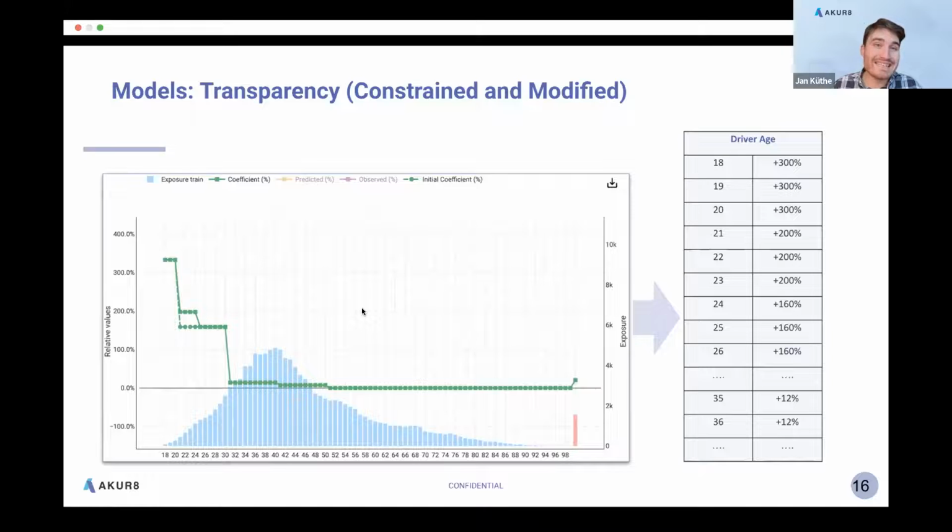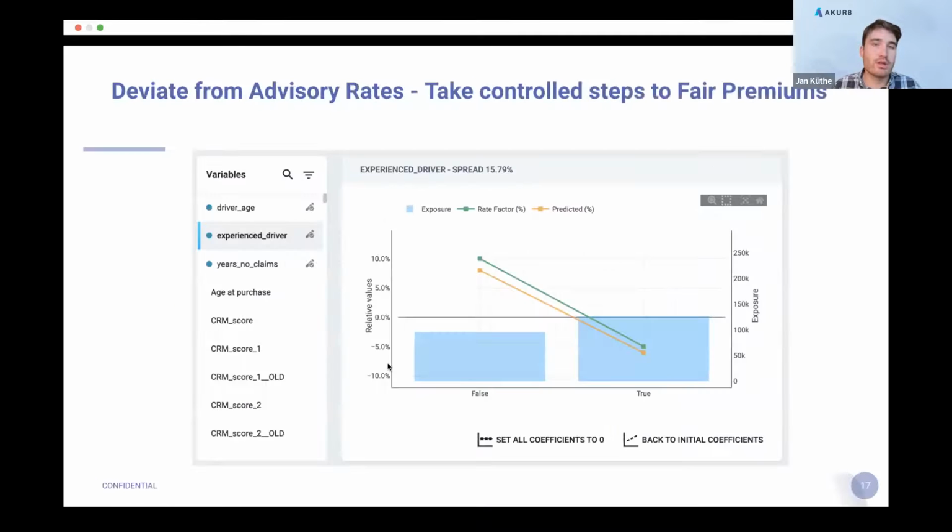And the very nice thing about using those generalized additive models is that you can do this not only for just the driver age, but you might also want to change it for the experience of the drivers, for the years your clients have had no claims, and so on and so on.